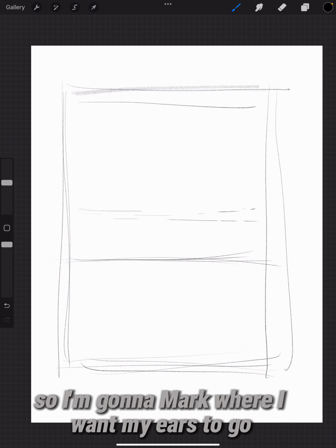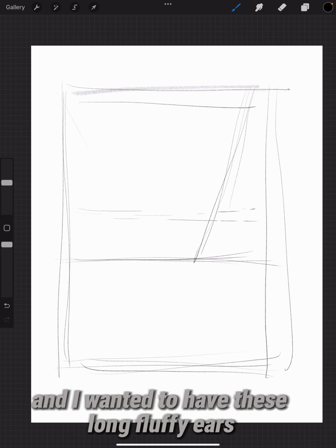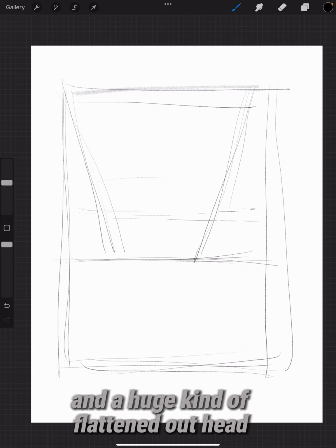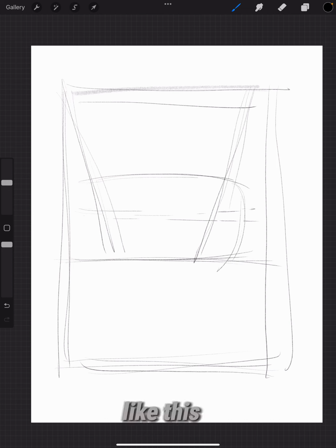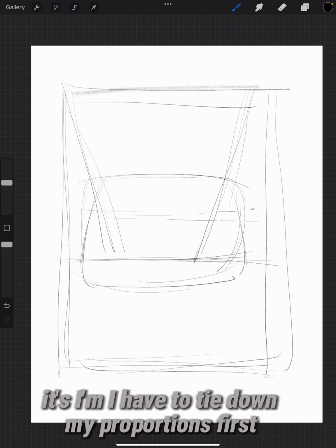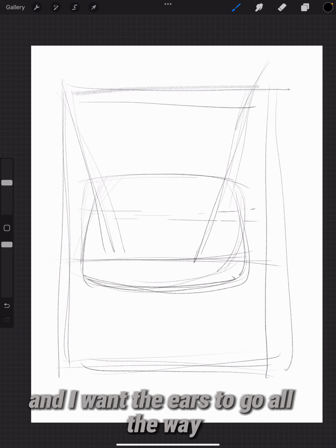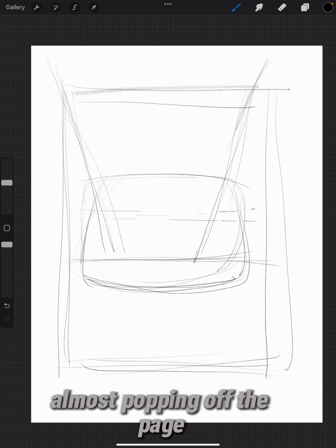So I'm going to mark where I want my ears to go. And I want it to have these long fluffy ears and a huge kind of flattened out head like this. So this is looking good already. I have to tie down my proportions first. So these are my proportions, and I want the ears to go all the way, almost popping off the page,